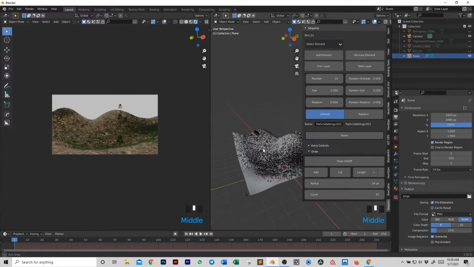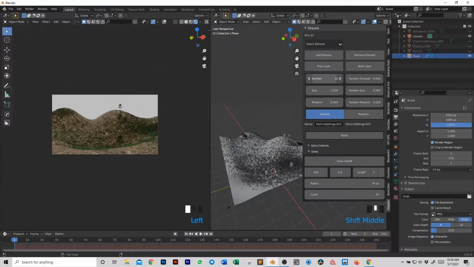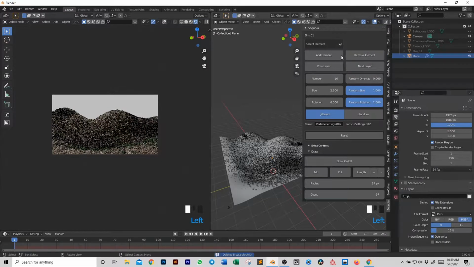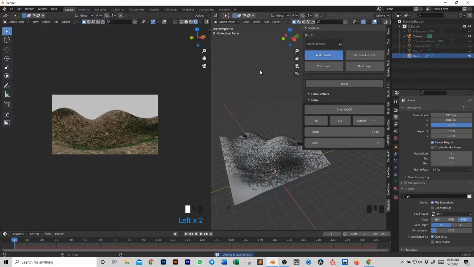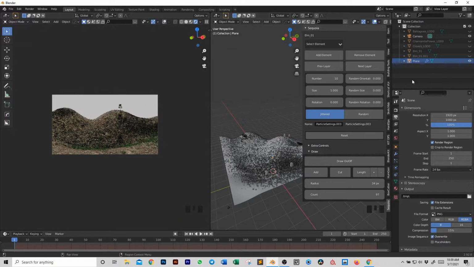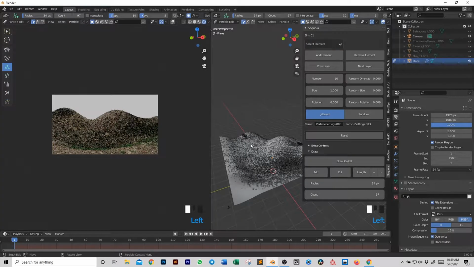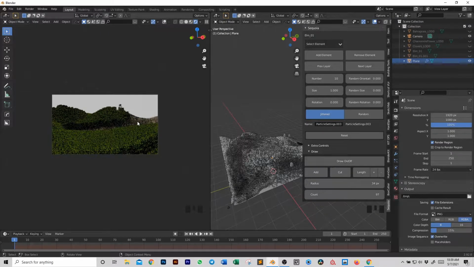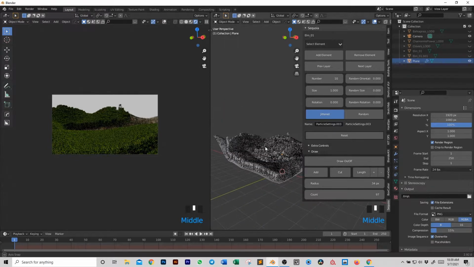Okay, in Sequoia, if you want, you can just increase the number, and then you have a lot of trees coming together in your scene, which is absolutely fine. But if I want to draw them, I can start from adding the elm. So add the element, and then at this point I can turn on the draw function and then start drawing trees around my scene, even here very close to my camera. And then turning off the drawing function, I'm gonna have basically the trees that I just drew using this tool,